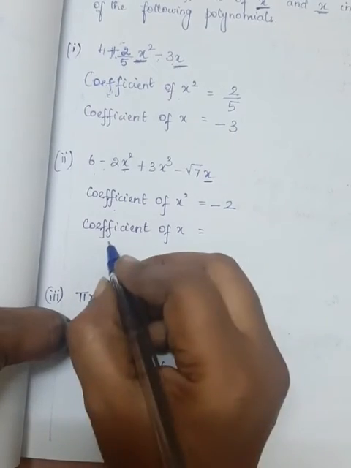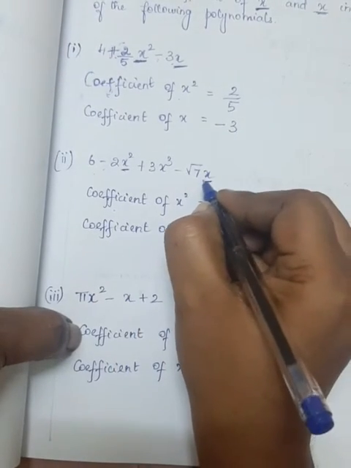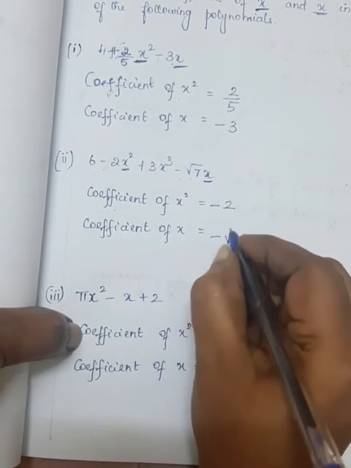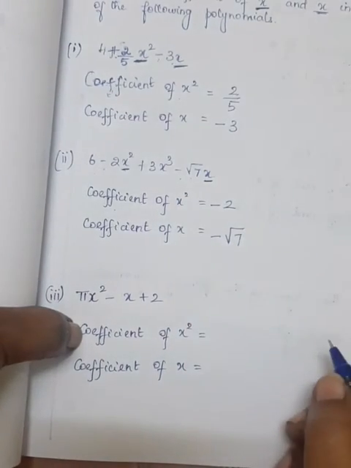So what is coefficient of x? Before x we have minus root 7. So coefficient of x is minus root 7 is the answer. Now see the third subdivision question. So the question is